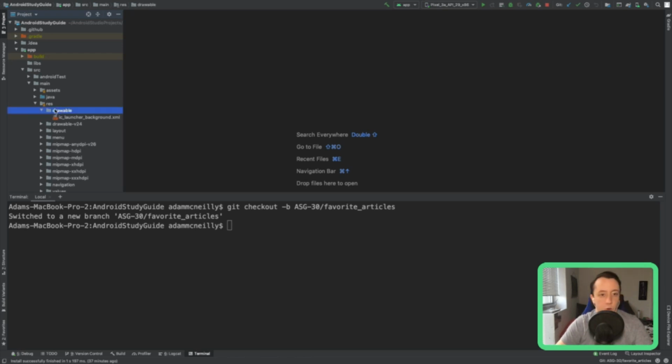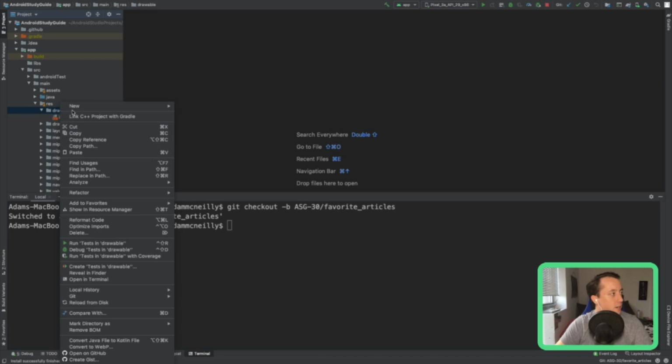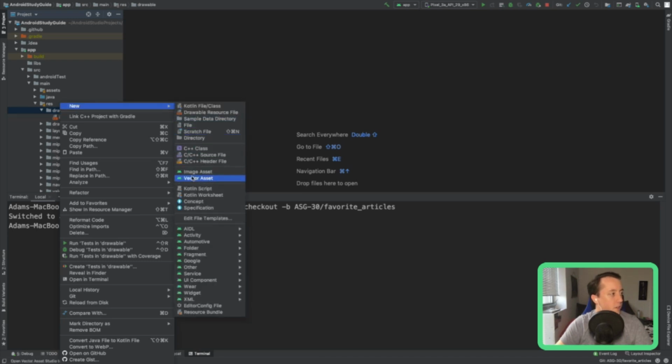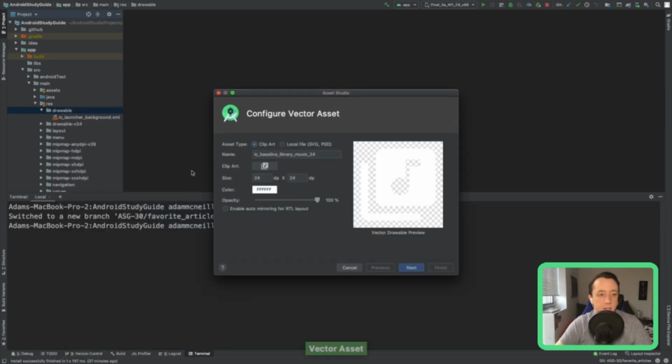If you go to the drawable folder for your app module in Android Studio, right-click on that drawable folder and go to New, we have this option for Vector Asset. When we click on that, it pulls up this Asset Studio window, but then it has this little thing called clip art, which always reminds me of old-school Microsoft Word, when everyone used text that was layered to make it look three-dimensional and squiggly. We all did it. You all know what I'm talking about.